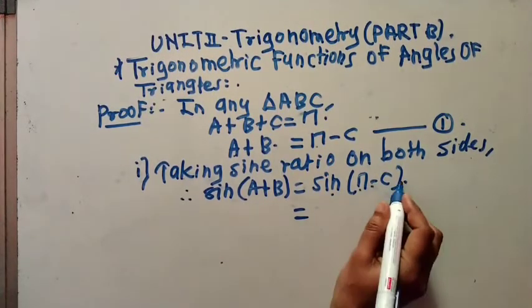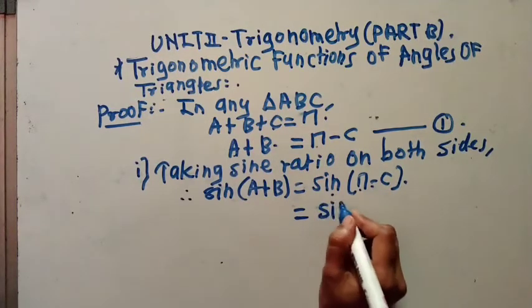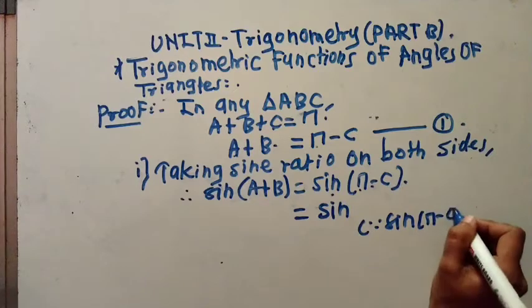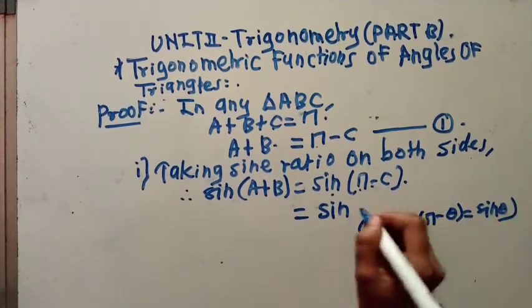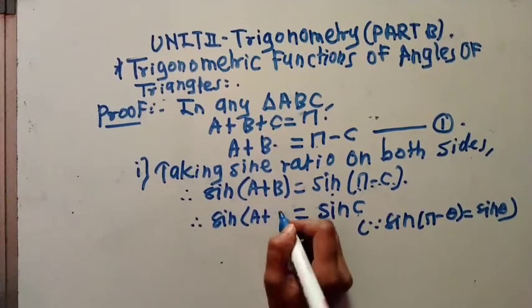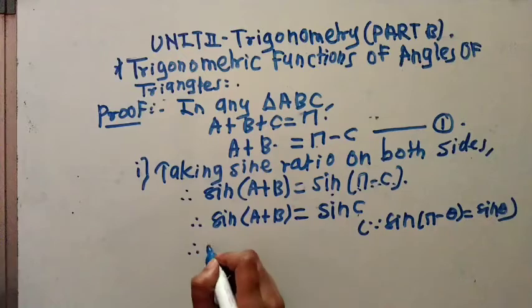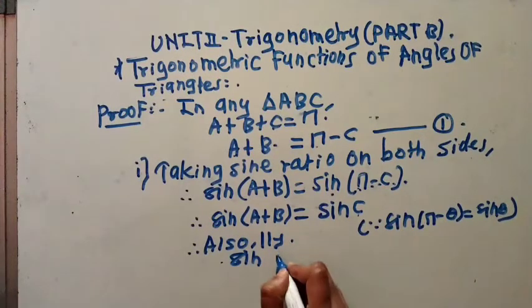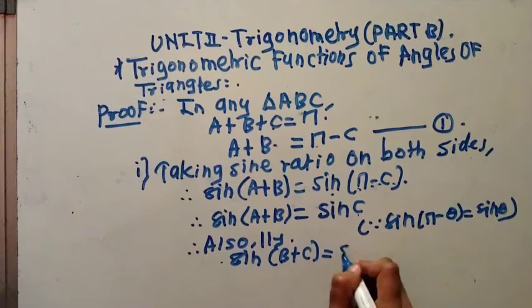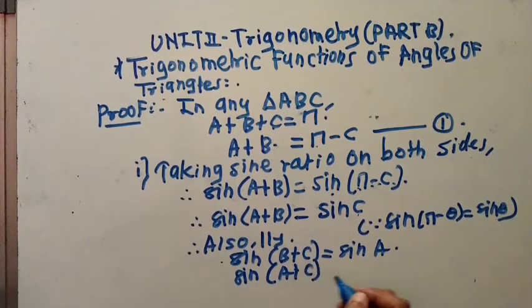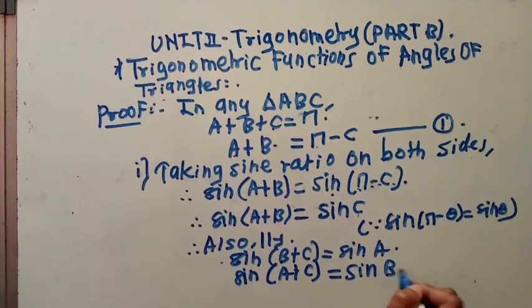But sin(pi minus theta) is sin theta, and since sin(pi minus theta) is equal to sin theta, means sin(pi minus C) is sin C, hence sin(A+B) is equal to sin C. Also, similarly, we prove that sin(B+C) is equal to sin A, and sin(A+C) is equal to sin B. This is first. Then second,